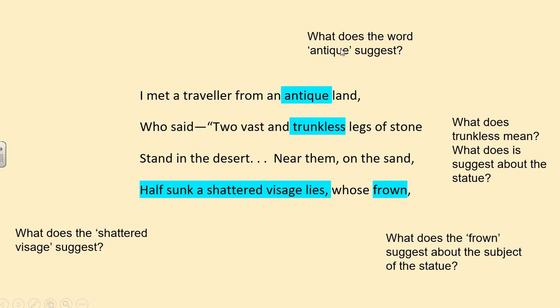So you could either write the question next to the poem or some notes and then write the answer, or you could just put the word antique, suggest that this land is old, ancient, maybe was once something very beautiful and polished, whereas now it's aged and shows signs of that. It could be something that once was very valuable, but now, because of the damage, has lost its value.